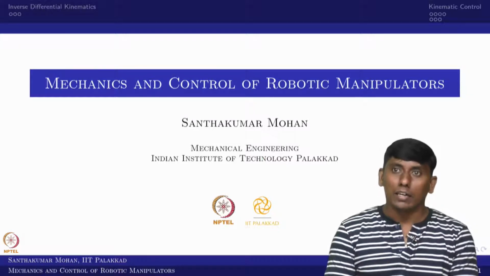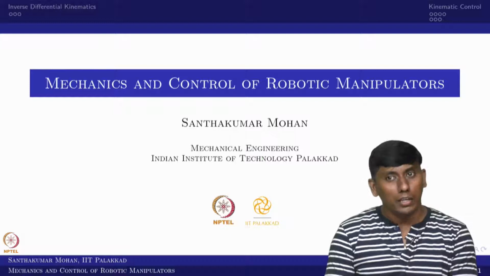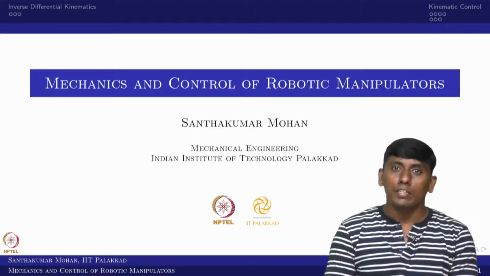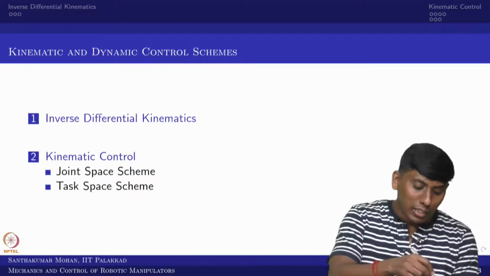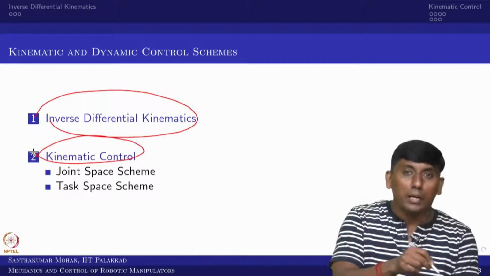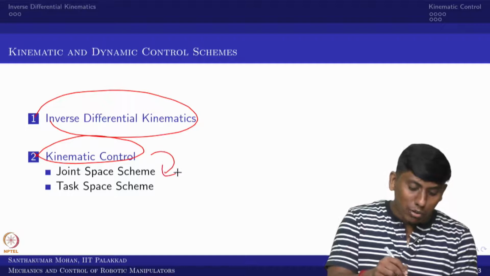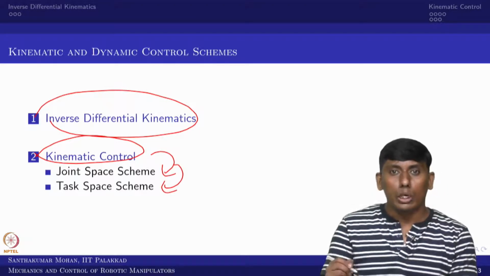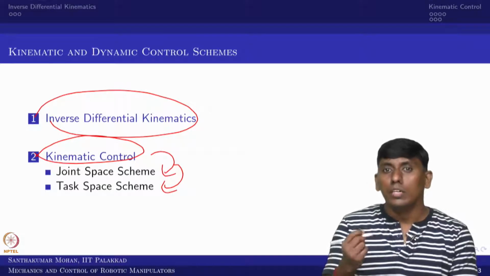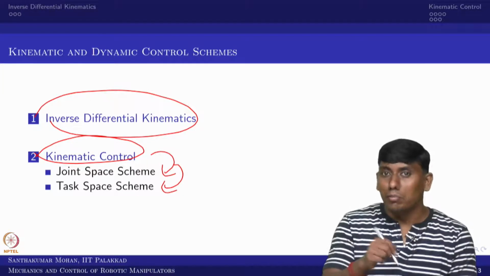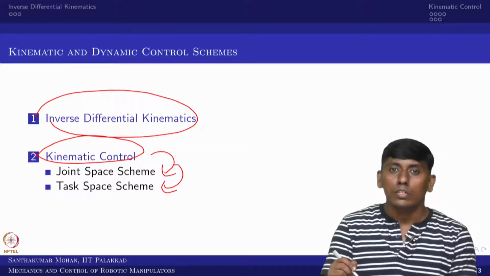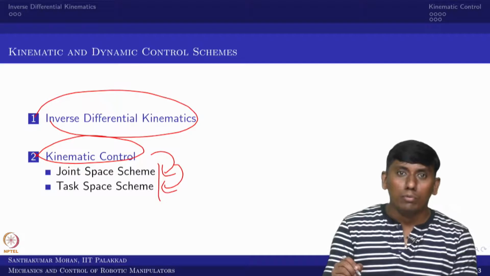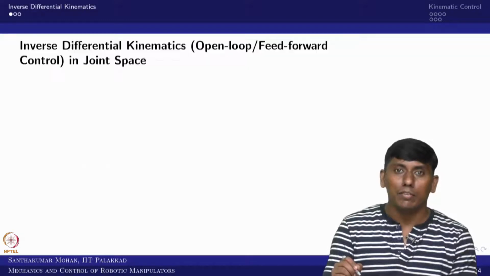In this class we will start with kinematic control, one of the types we saw in the last lecture. Here we start with inverse differential kinematics, then we will talk about kinematic control. Even this kinematic control can be done in either joint space or task space. We are not talking about sensory space because we are not going to work on a real-time system in this lecture or the course. That's why we have restricted to only joint space and task space. So let us move to inverse differential kinematics straight away.